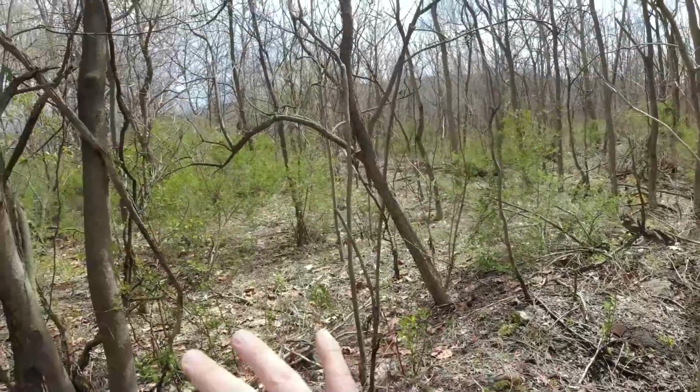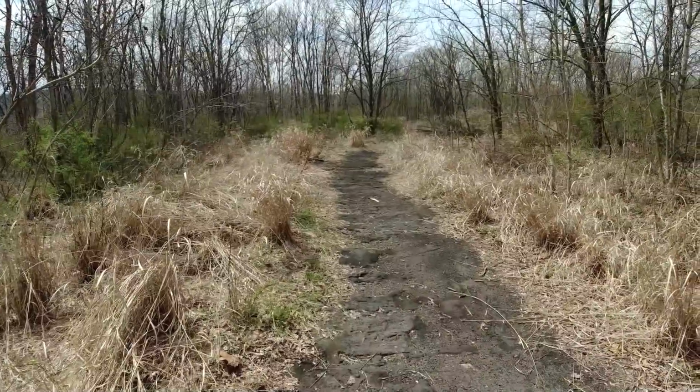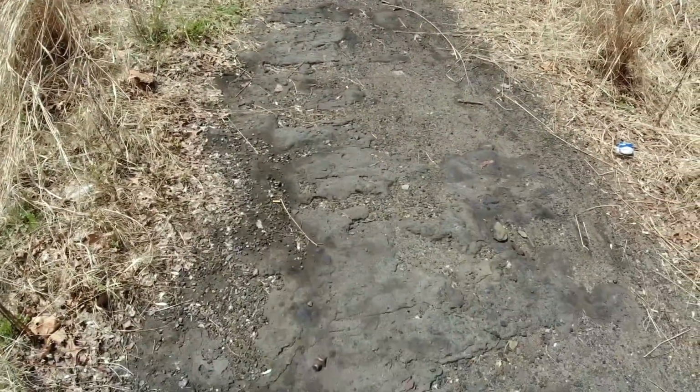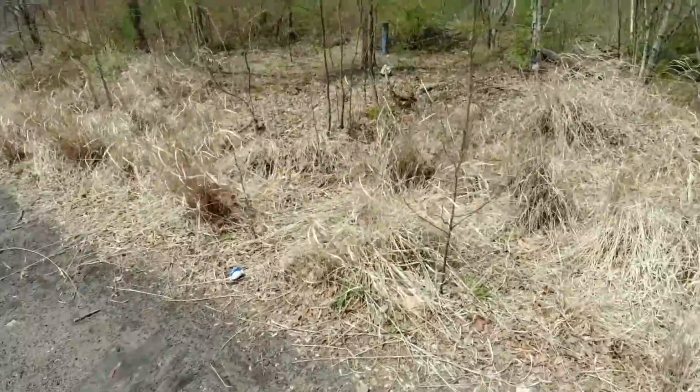So in here would have been stalls of locomotives. This appears to be an old road here. You can still see the patches of asphalt. As you come over here,